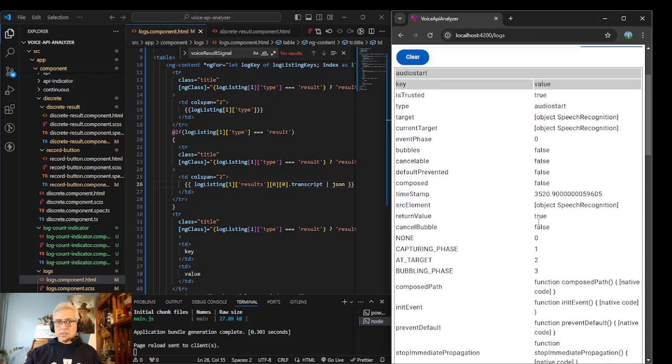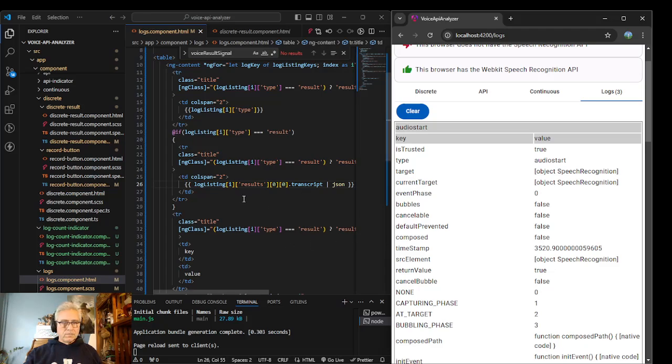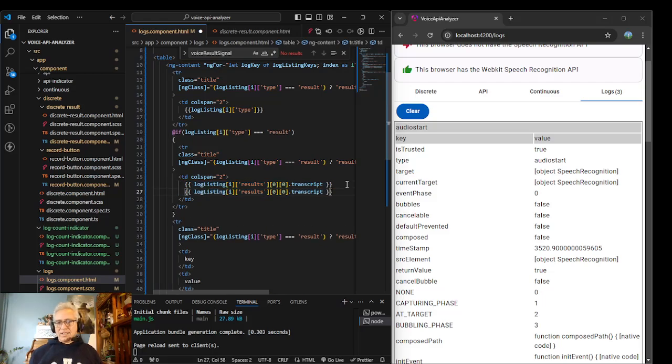Yeah, so that's working. And then, so that's kind of a bummer. This is not what I wanted. What I wanted was to be able to see that there's a transcript and a value. But it's just showing an empty, like, what is it? I think it's confidence.